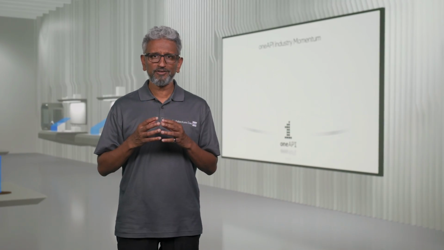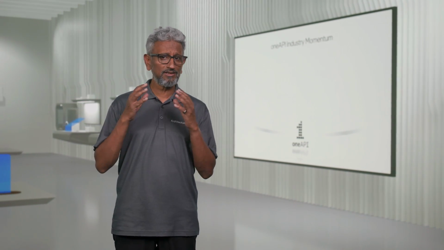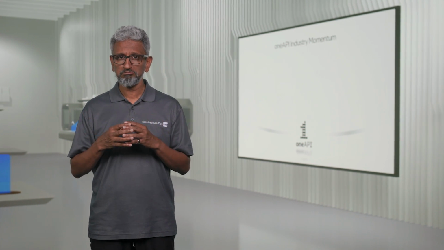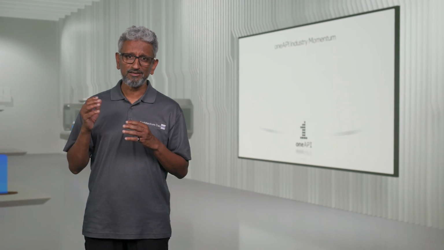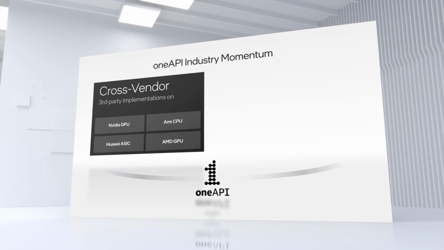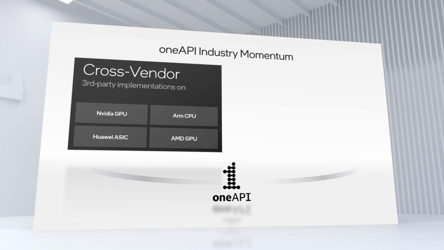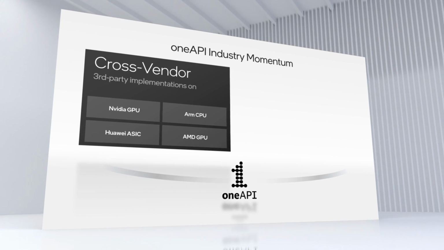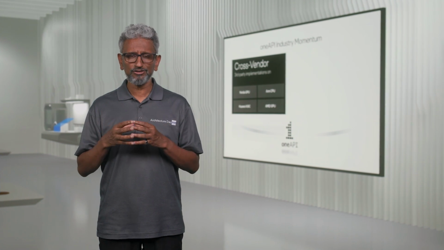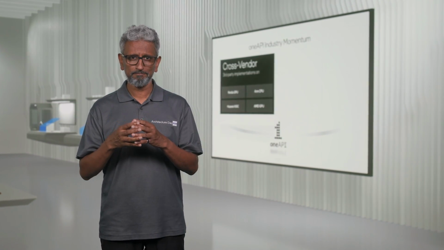Releasing an open specification is one thing. The question I'm sure is on your mind is whether the industry sees the value and will invest their own effort to adopt. The answer is a resounding yes. There are now DPC++ and oneAPI library implementations for NVIDIA GPUs, AMD GPUs, and ARM CPUs. It's also being adopted broadly by ISVs, operating system vendors, end users, and academics.